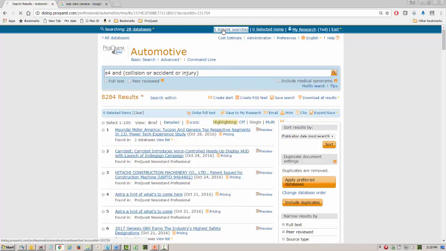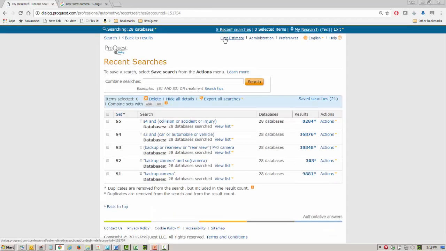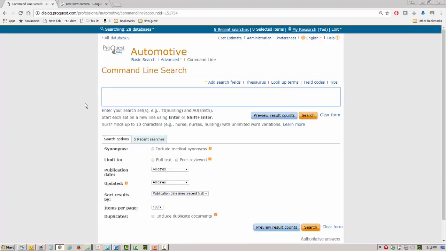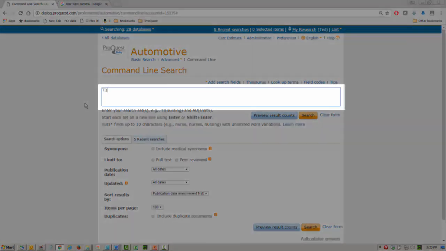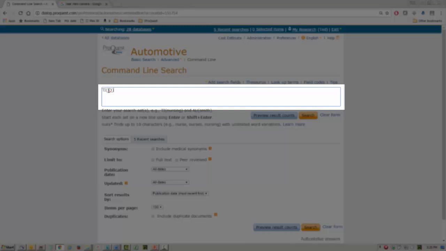Let's make sure we're using the right set here. Yes, set 3 is our big search on backup or rear view cameras. Let's search for records that have that in the title. We'll search for S3, that's our set with the backup or rear view cameras, but we'll look for that set in the title. See, we can just do it this way. We don't have to do TI parentheses backup or rear view camera. We can just do